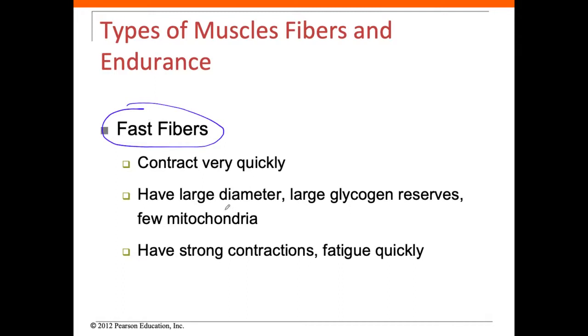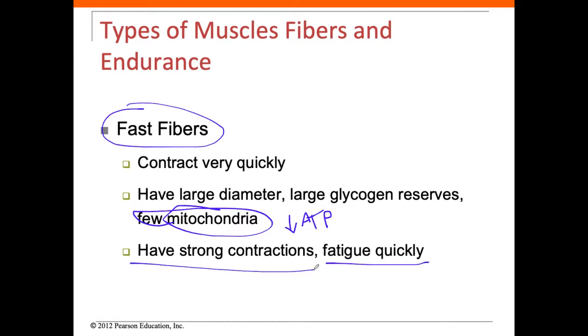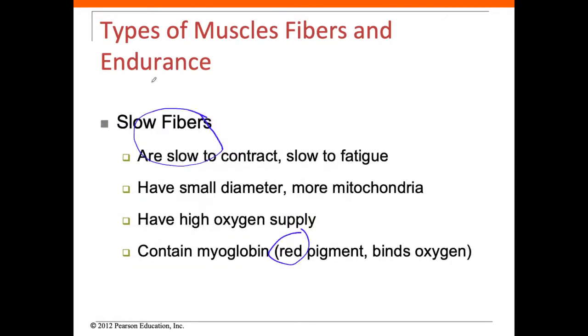They have few mitochondria. So if we have few mitochondria, we think we don't have too much ATP. If you don't have too much ATP, then what's going to happen? You're going to fatigue quickly. You can have a strong contraction. You're going to have a fast contraction. Fast fibers are really good for power lifters, whereas slow twitch fibers, these are slow to fatigue because you have